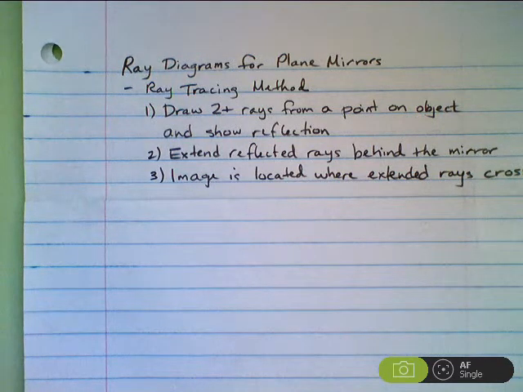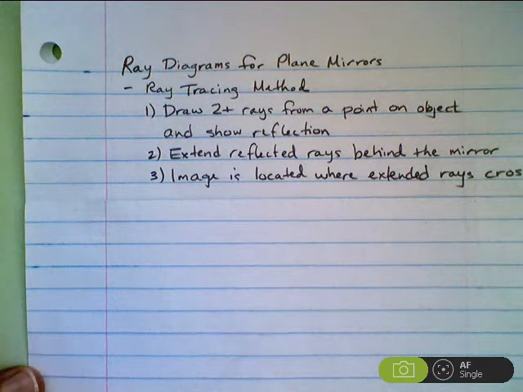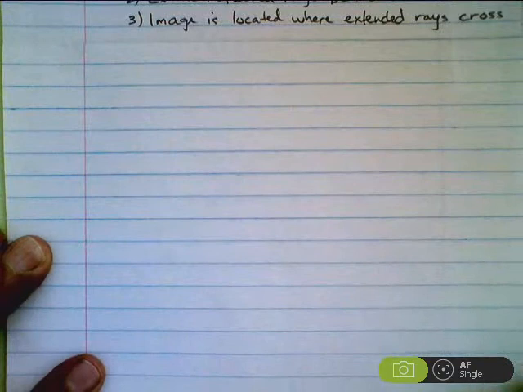In the screencast today, I'd like to show you this method for creating ray diagrams for plane mirrors. We are going to use a ray tracing method, and I've got the three little notes here at the top. You can pause the video at this point and copy those down. I'll be talking about each one of those as I draw my ray diagrams. So when you're done copying this stuff, I'd like you to work along with me and create this ray diagram